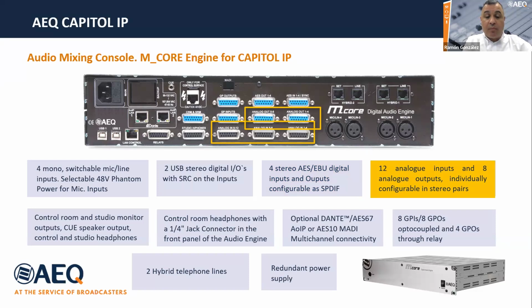analog ports. But you can configure them as well as a stereo pair. So you have 6 stereo pairs in input and 4 in the case of stereo outputs. These are the connections for control room and studio room monitoring. The cables that you will be using for the studio and for the speakers, for example, headphones as